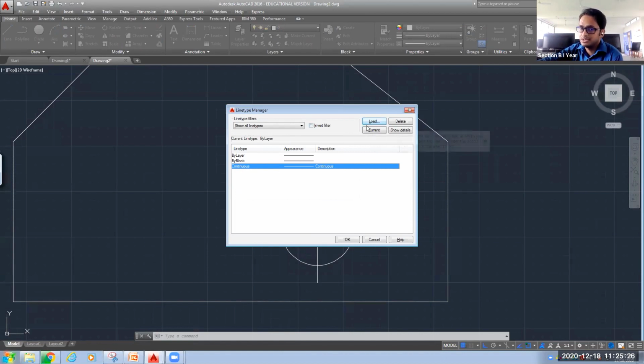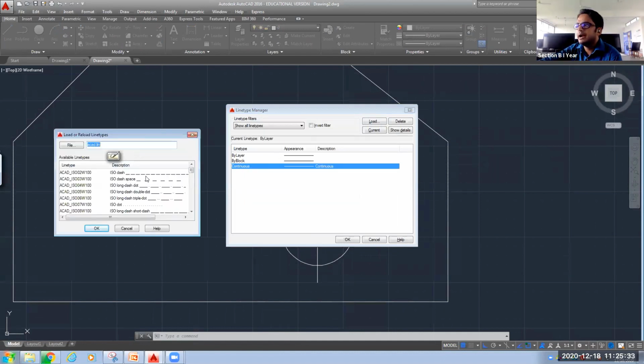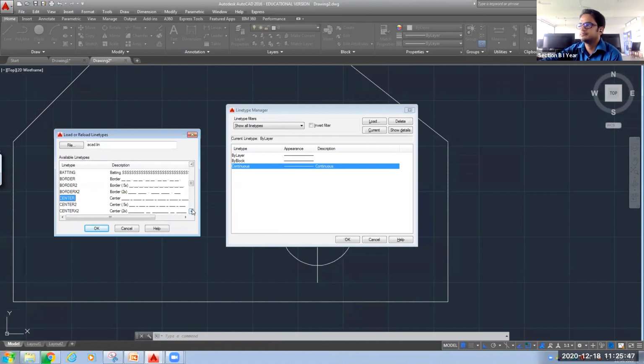I want to load some more lines. So here you can see the load option is there. You click on that load, and now here you can see a variety of lines is available. Okay, so whatever line you need, you can select it. So we will come down to the center. Okay, here this is your center line.